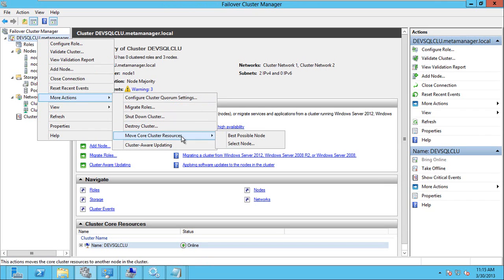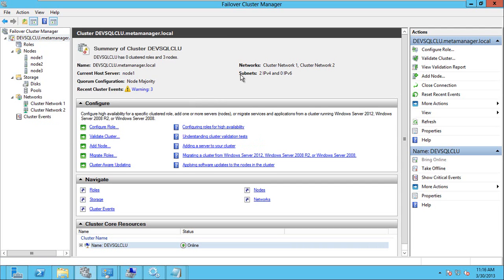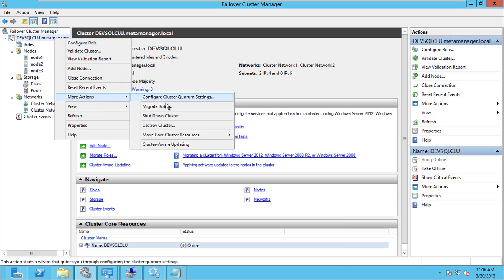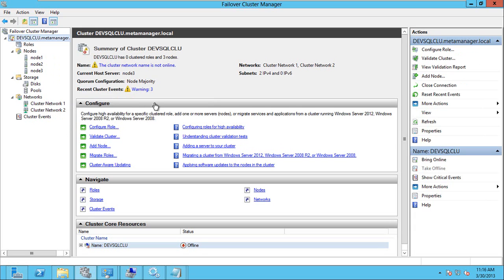Before I explain the quorum settings, let me explain this a little bit. You can move the cluster resources. You can move the cluster to any node. This is something new. In 2012, you have a best possible node or a select node option. For example, I have node 1. This is the active node in this cluster. This is the server that is hosting the cluster and will process the request if anybody uses this cluster. Node 2 and node 3 are passive right now. So I wanted to fail over the services to a different node. I can say best possible node, which it determines